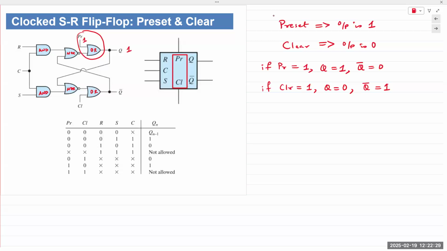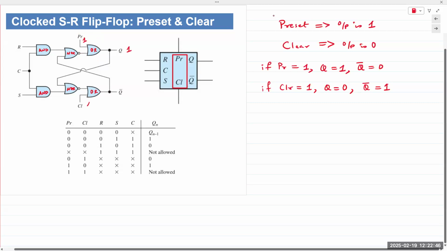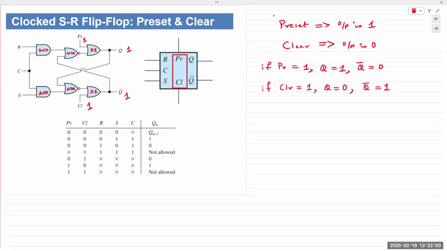So if preset goes 1, it doesn't matter what is connected to the other input of that OR gate. 1 plus 0 gives you 1. 1 plus 1 will also give you 1. So preset goes high, output Q goes high. Same thing at the other end. If clear goes high, Q naught goes high. That Q naught is fed back into the NOR gate,